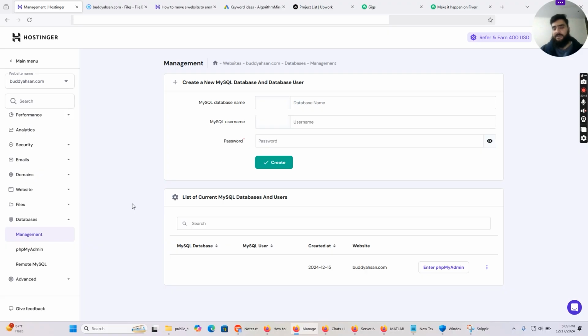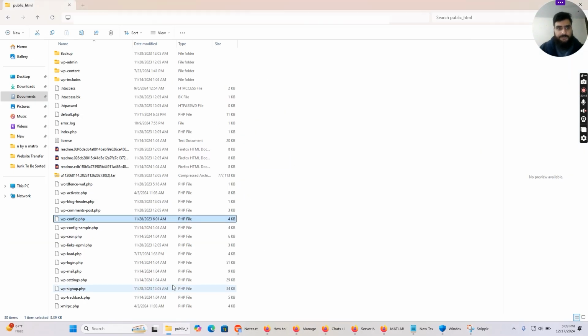One thing you need to consider is that the newly created database must have the same name, username and password as that was created in your previous WordPress website. And how you can know what name, username and password you have to put in this window in order to create it? So we will head back to